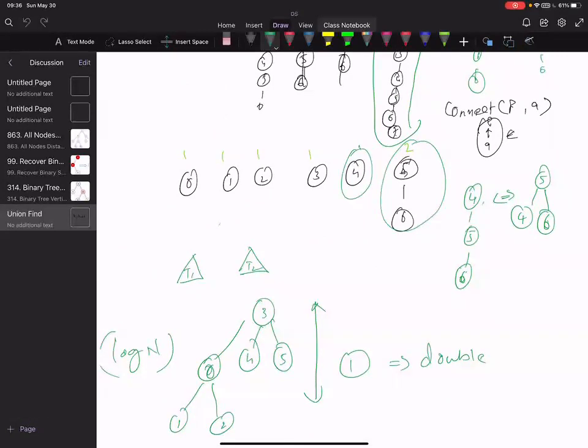By weight, you mean the number of children? Yes, when I say weight, I mean the number of components in that group. Not the number of children, but the total number of nodes under 5 in this case, because maintaining that will be very easy. When I connect 3, 4, 5 and 0, 1, 2,